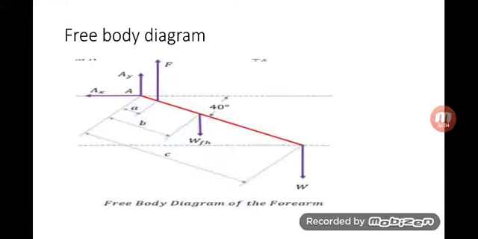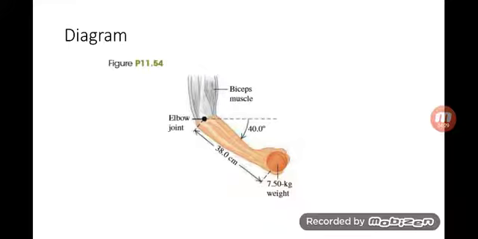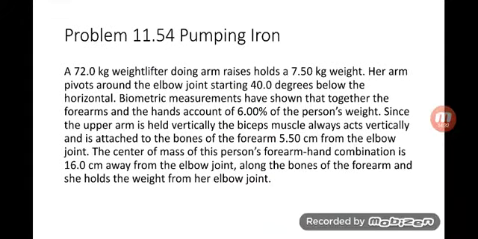So first up, here's a free body diagram. So there's no force acting along the x-axis. On the y-axis, there is a force from the elbow joint to B and elbow joint to C, which is, as you can see, mostly the 5.50 centimeters from the elbow joint to the forearm,